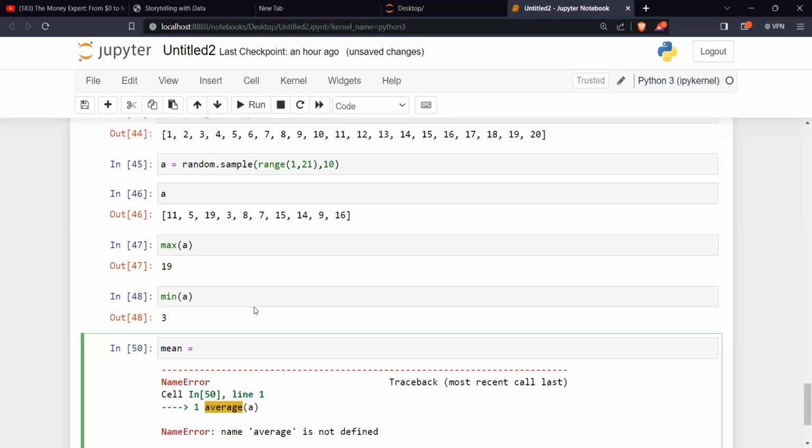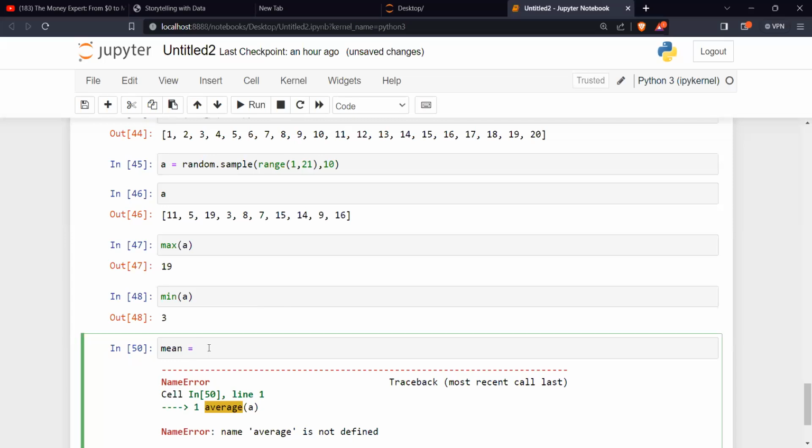There's no function for mean, so how do I calculate mean?